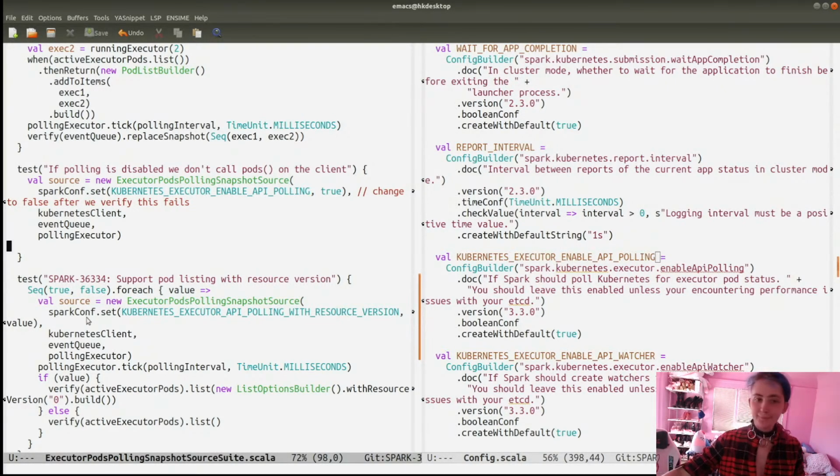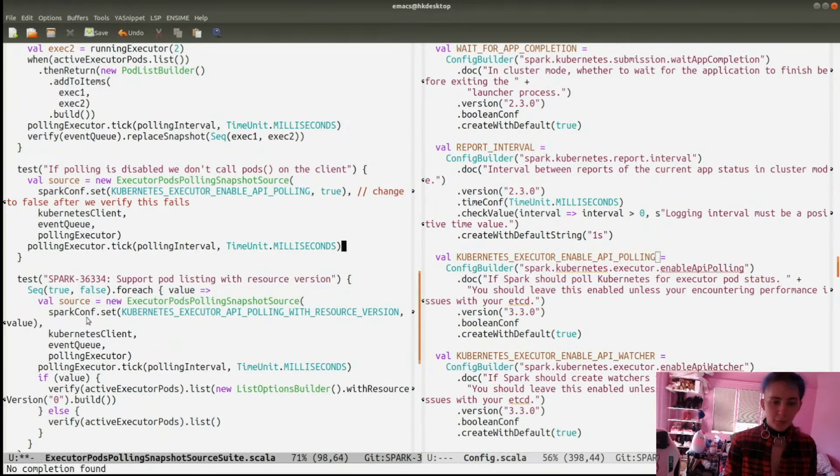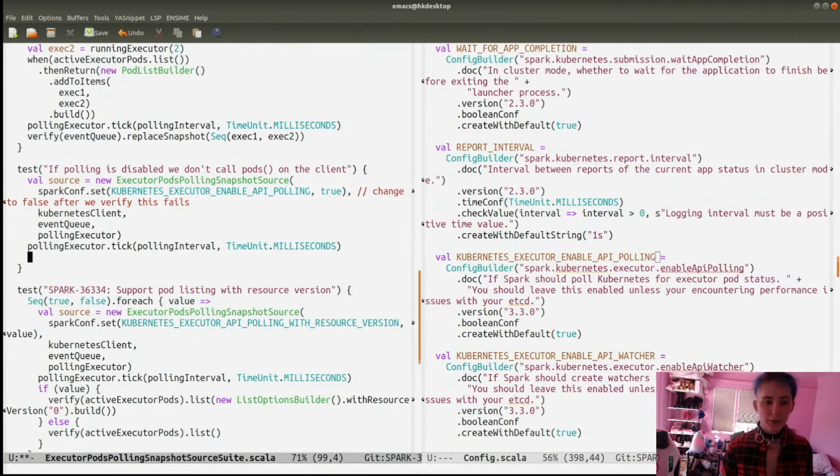Okay. So what we're gonna do. Yeah, I'll do this polling tick for the polling interval, and then verify. Also,